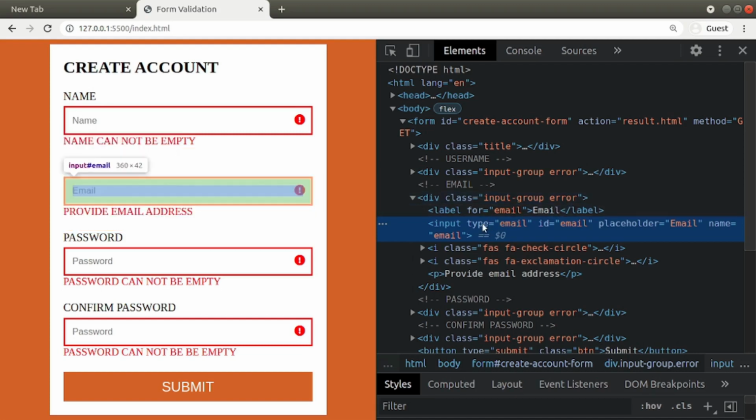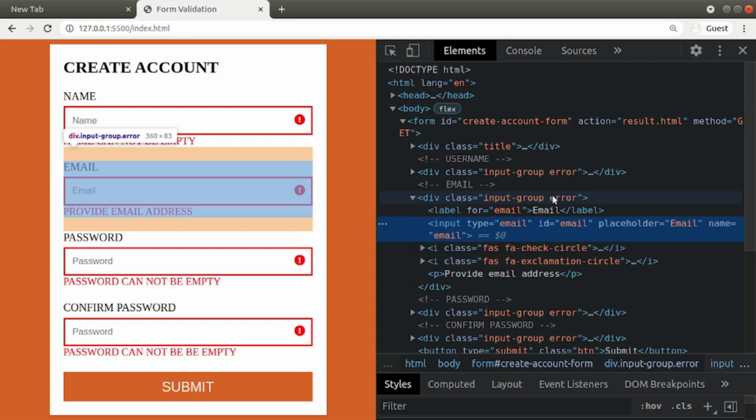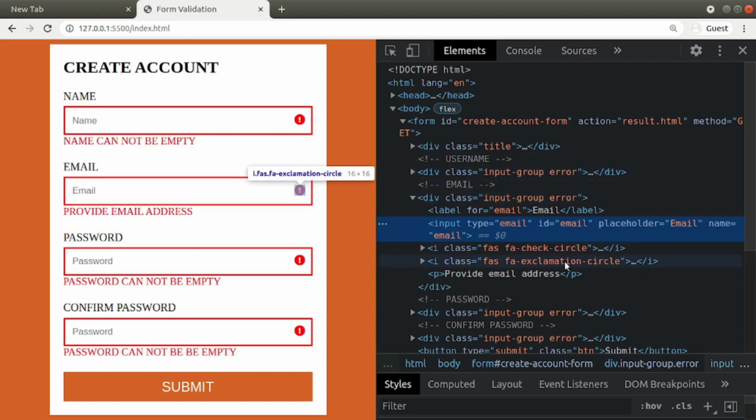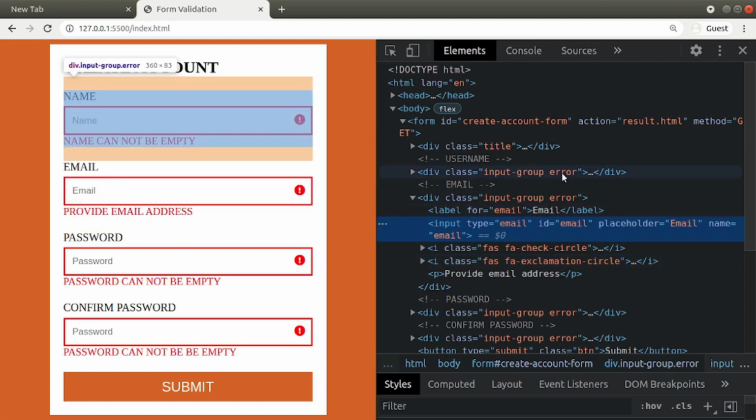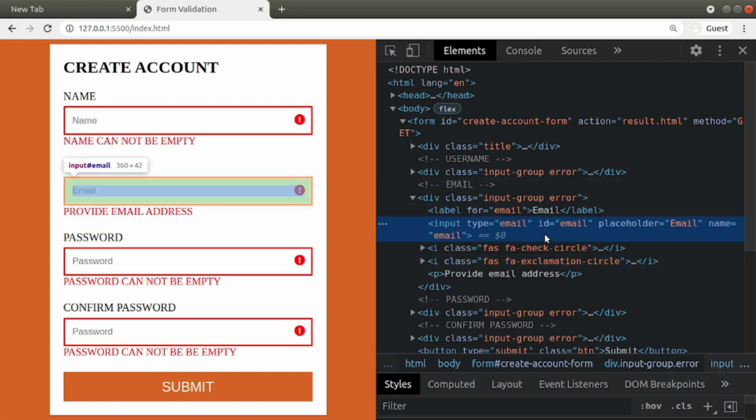Now we'll access these divs, that means the input fields' parents, inside our JavaScript, and check whether any one of them contains the error class. That means our validation failed. If none of them contain the error class, our validation is a success. We can submit our form.